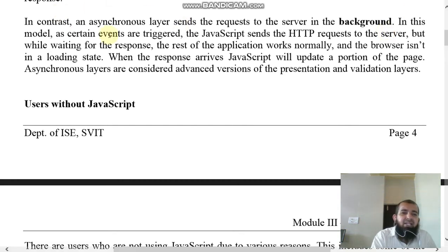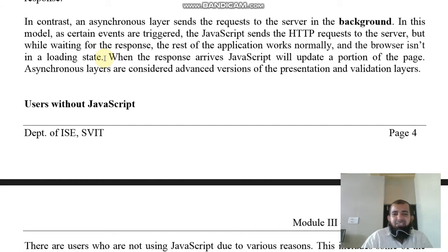In this model, as certain events are triggered, JavaScript sends the HTTP request, Hypertext Transfer Protocol request, to the server. But while waiting for the response, the rest of the application works normally and the browser isn't in a loading state. So it continuously works for other applications.